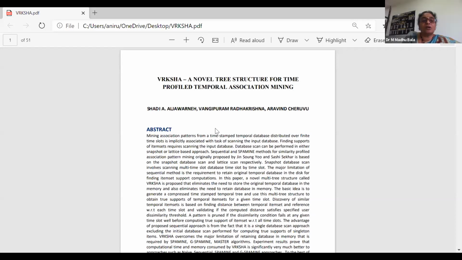Have you written all this content or is it already available? No, it is already available. It's already available, it's a paper that is published. Where is your team? They both are not coming forward. I'm asking because I want to know what they are thinking about this paper. You are saying you want to predict the future trend. Yes. What do they want to do on the same topic?